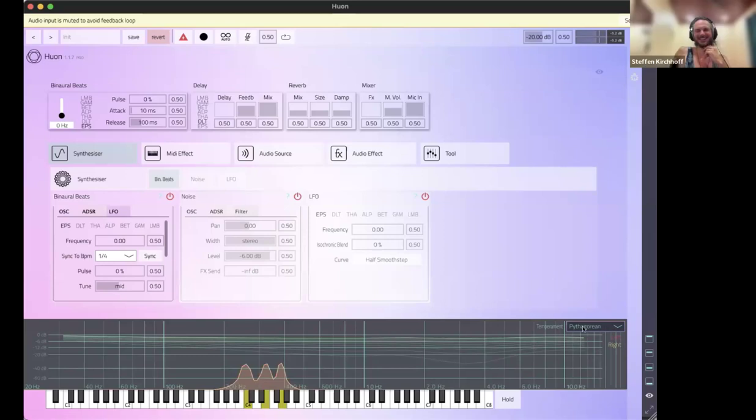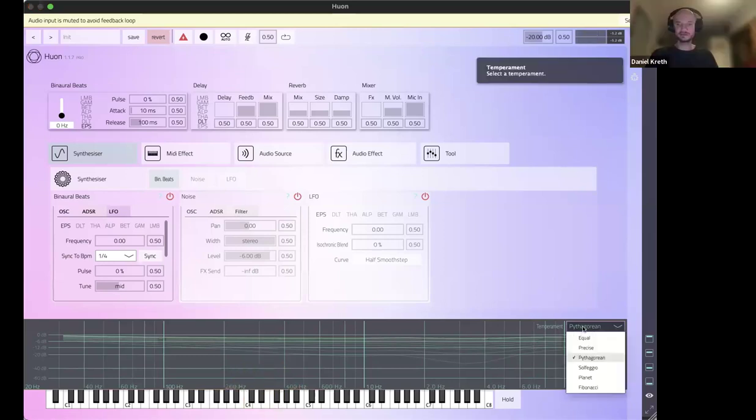Yeah. So you can experiment with it, and here you can set up all the temperaments. And also here are the experimental ones with solfeggio frequencies, the planetary frequencies, Fibonacci frequencies. Super cool. Yeah, you can play around with those. And yeah, so frequency integration